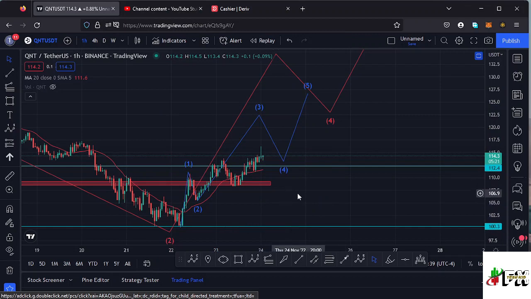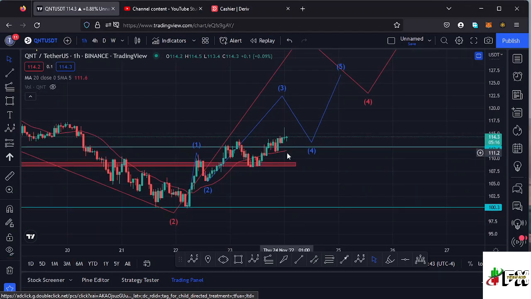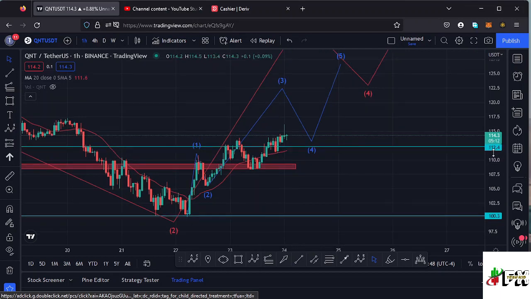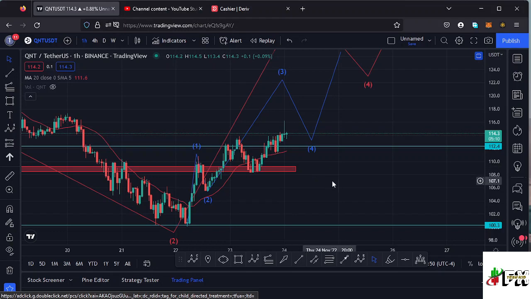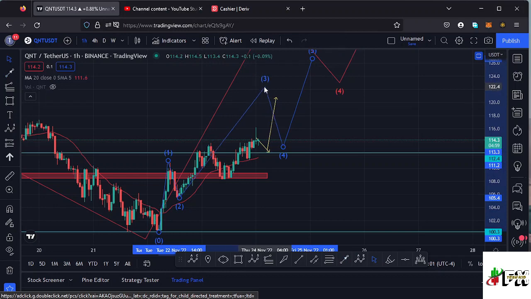and there are chances that we might continue pushing higher because we have also managed to break above a key area of resistance at around the $112.4 mark, and in case we see a retest here on the 1 hour chart, that would be very positive. And once the retest is in and the retest is a success, then higher prices will be coming our way. So let's be patient and see whether we are going to see the retest of this key area of resistance